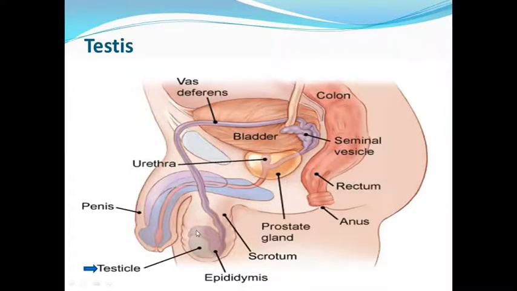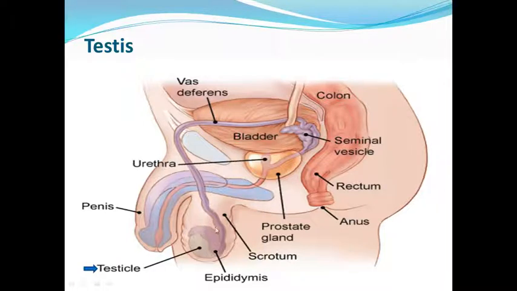So what is testis? Testis is the male gonad. It is homologous to the female gonad, that is ovaries. As the female gonad is ovaries in case of females, the male gonad is the testis in case of males. If you have to define testis for 2 marks, you have to write that testis is the male gonad which is suspended in the scrotum with the help of spermatic cord.